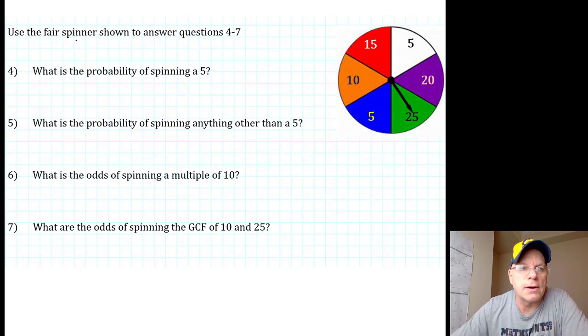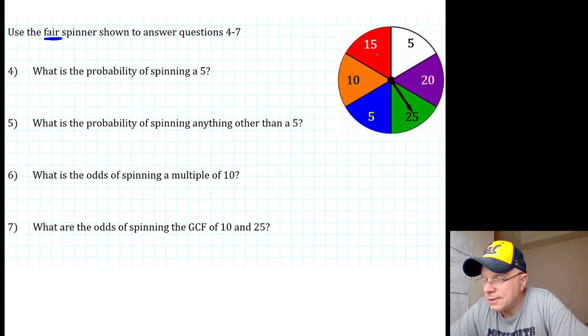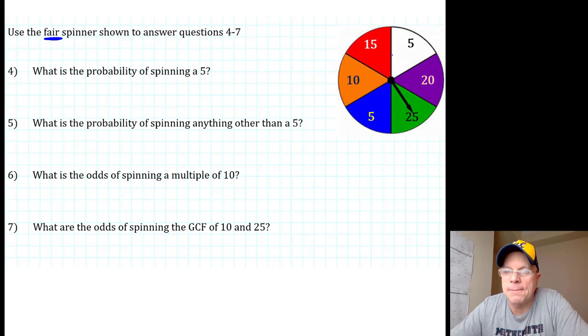Use the fair spinner. This is an important word because that tells you that the chances of the spinner landing on any space is equally likely. In other words, the spaces are taking up the same number of degrees. These angles are all congruent for this spinner, and there's no weird rough spot where it's more likely to,